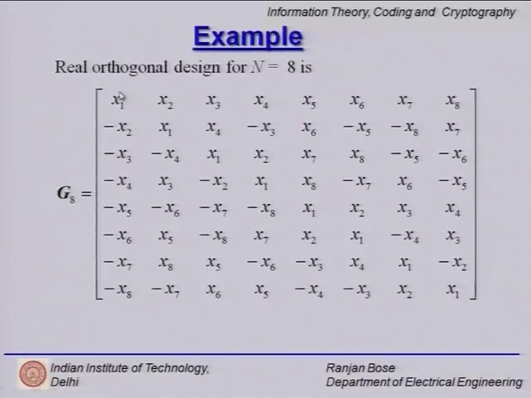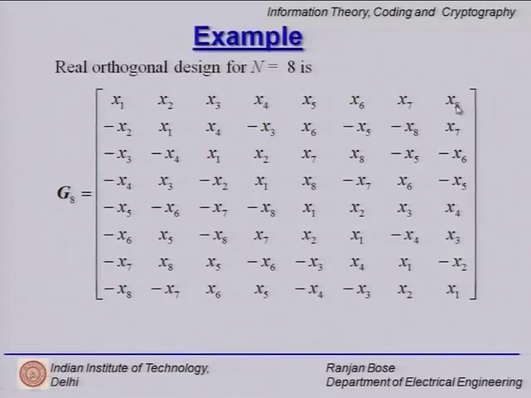So please note the columns correspond to the antenna elements. So clearly this is the symbol that I will be transmitting from the antenna element in time slot 1. The first row corresponds to what we are going to do in time slot 1. So if I were to implement this in real life, in time slot 1 I will send out x1 from antenna element 1, x2 from antenna element 2, and so on and so forth till x8 from antenna element 8.